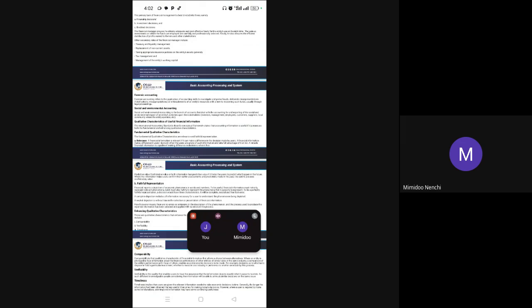Then the enhancing aspect, they are just supporting the what? The main characteristics of useful financial information. Are we together? Yes. Now, two things we need to know about